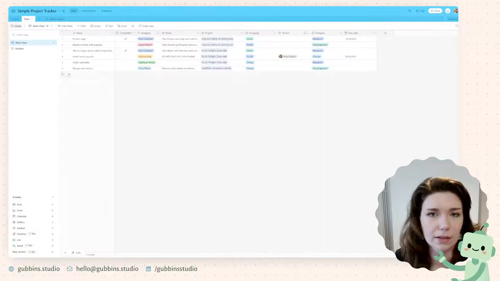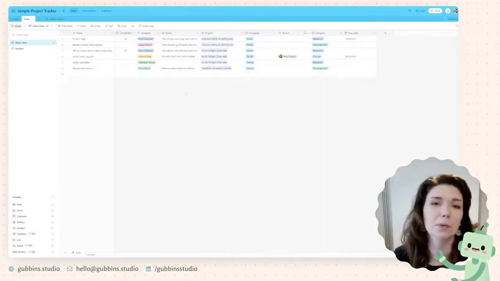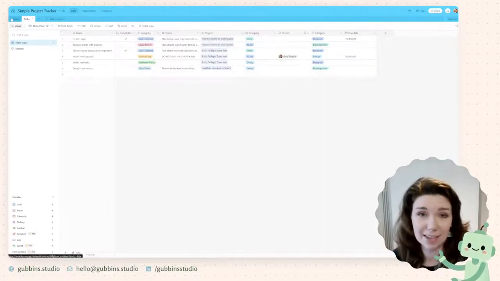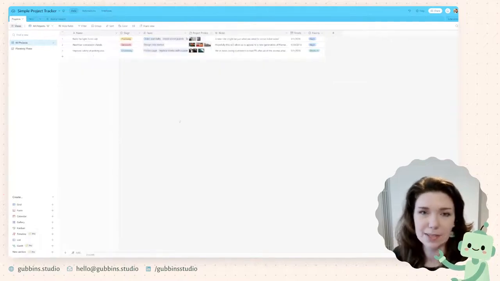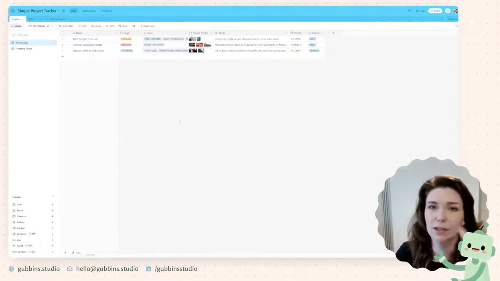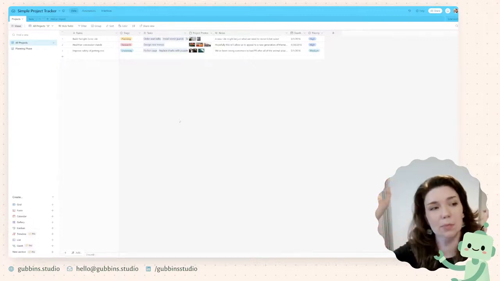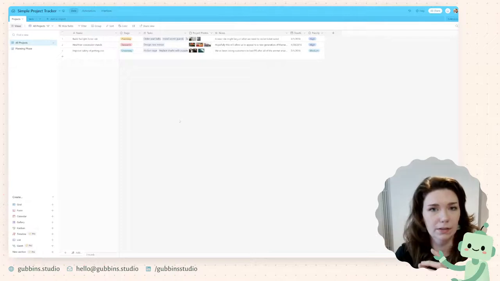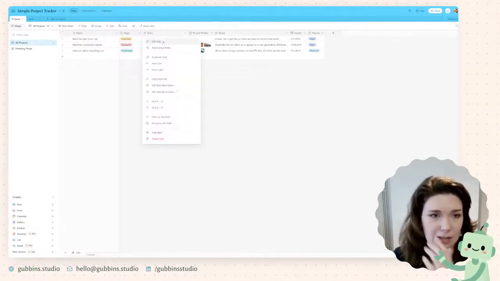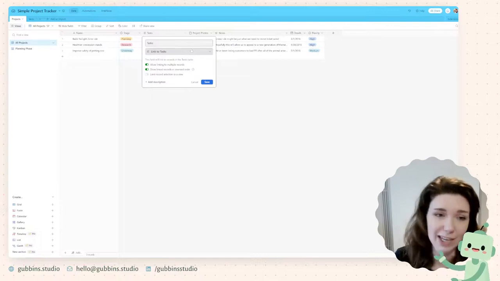Okay, so with hierarchies in Airtable, what you have to do, and you can see thankfully that this demo project has already set it up, is that you would set up one table for the top level. So in this case, it would be projects. Then you would link those to another table through, I don't know what they call them in Airtable, just link to tasks.